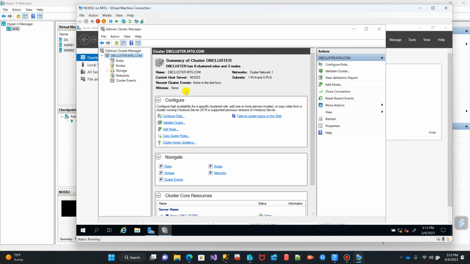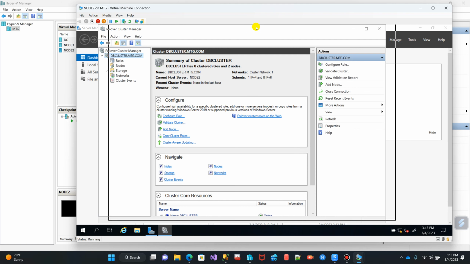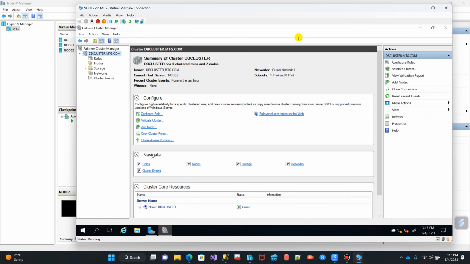If you don't create a quorum here, then you will definitely have a problem, especially if the cluster is unhealthy and it has a situation like the split brain situation. That is where effectively the quorum will come in to participate with its own vote to make the cluster up and running. So you can come on more action and say configure cluster quorum,